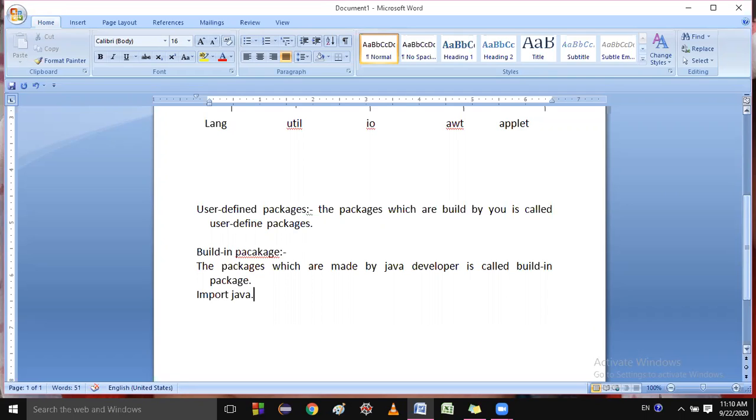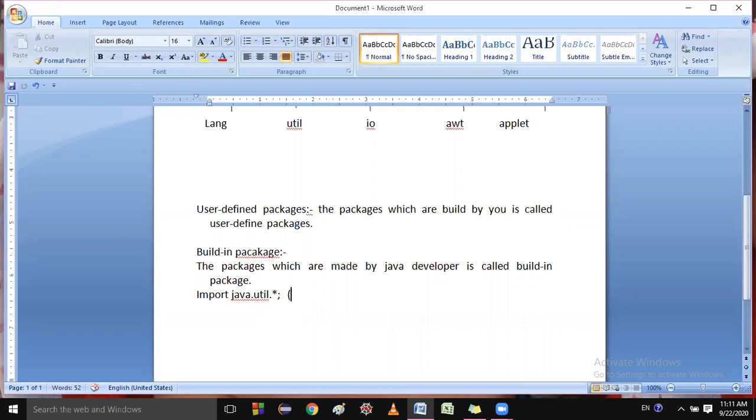Okay, so Java package contains another package, so it will be accessed as java dot. Suppose I want to work with util, so util. Everything will be written in small letters because these are package names. I already said package names will be in small letters. So import space java dot util. Then the condition: if you want to access all the classes, listen very carefully. If you want to access all the classes and interfaces, or all the things of the util package, then this is the way: import java.util.*; with a terminator.